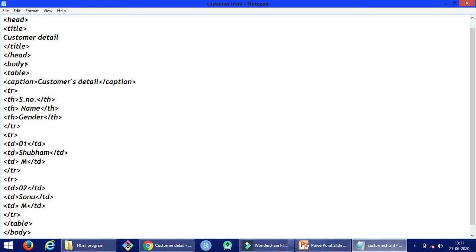Now add a border to the table. Border color. Okay. Now see, write here cellpadding equals 6. Save it and refresh it.